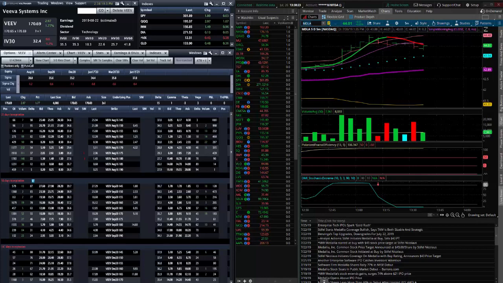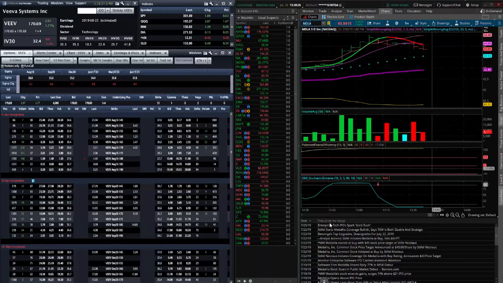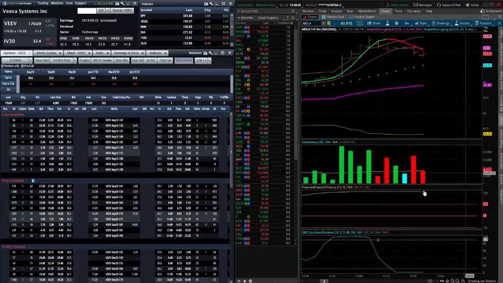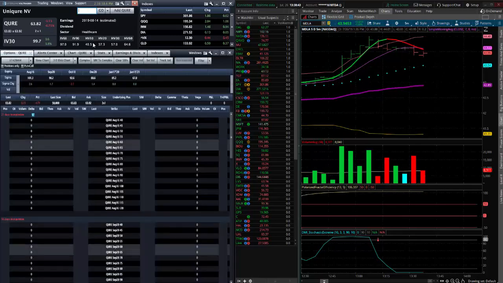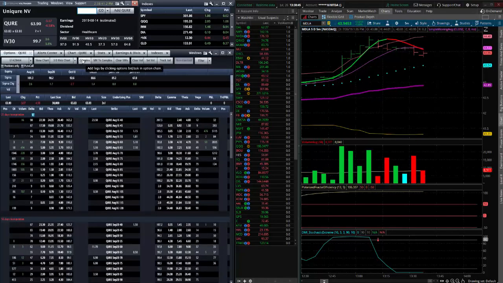So the question was, what is implied volatility? How do we use it, and so forth? And I believe the exact question was, what does it mean when a stock has a 105% implied volatility? You're looking at QURE. So the first thing you want to look at, QURE, we know that it has options because there's implied volatility. Does it have the requisite open interest? It does. In and around the at the money,